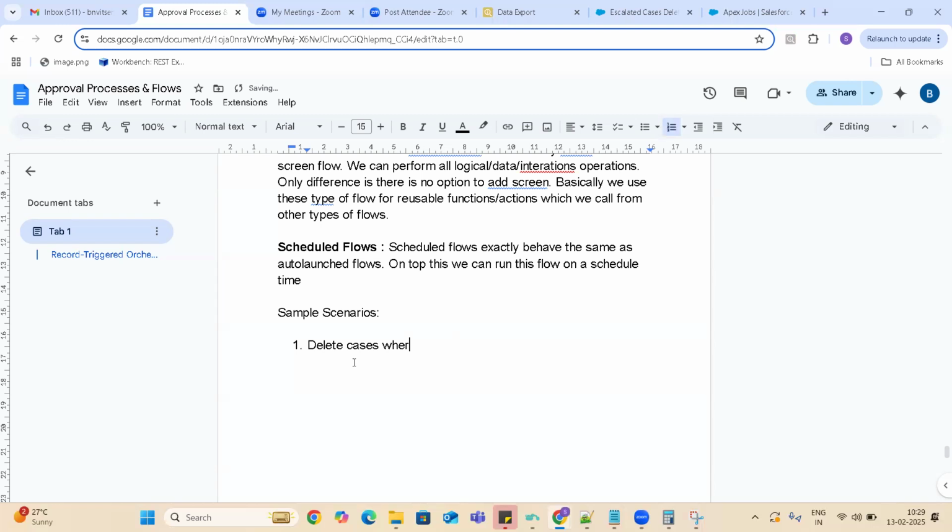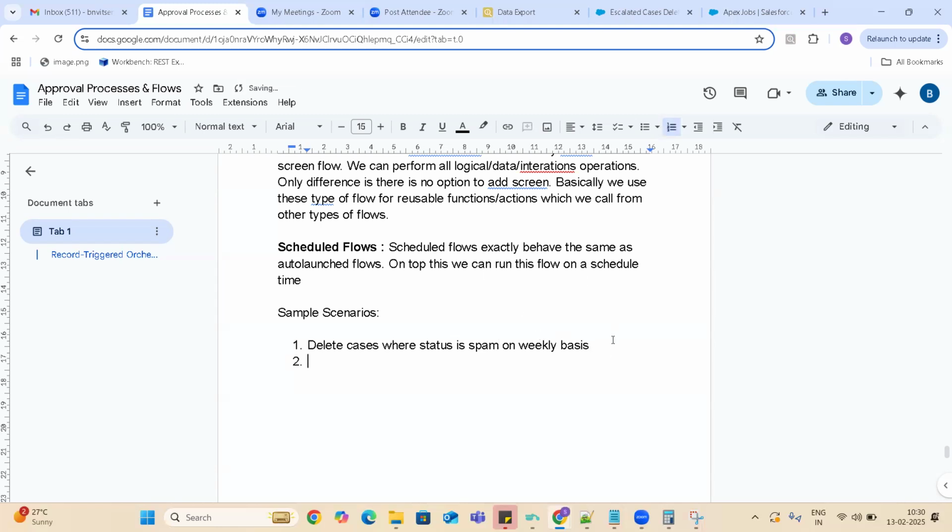Delete cases where status is spam, on a weekly basis.